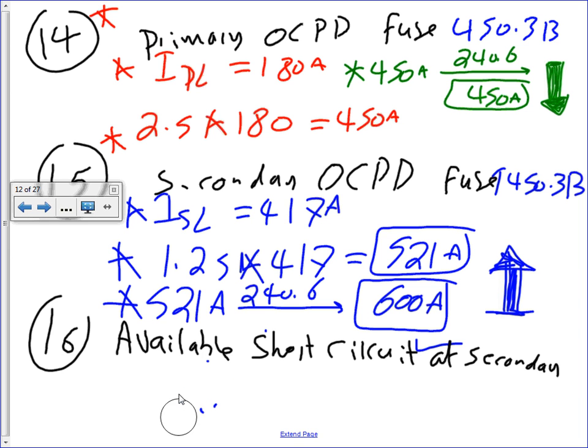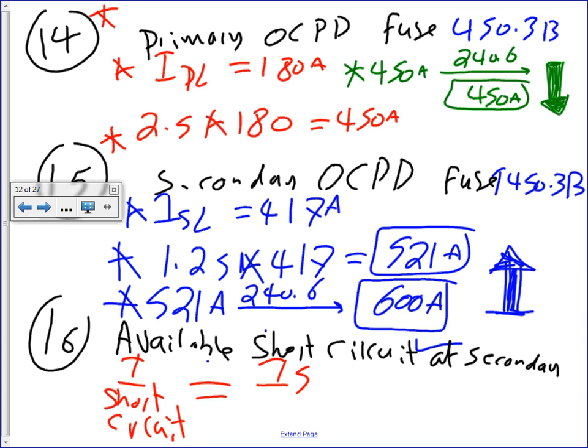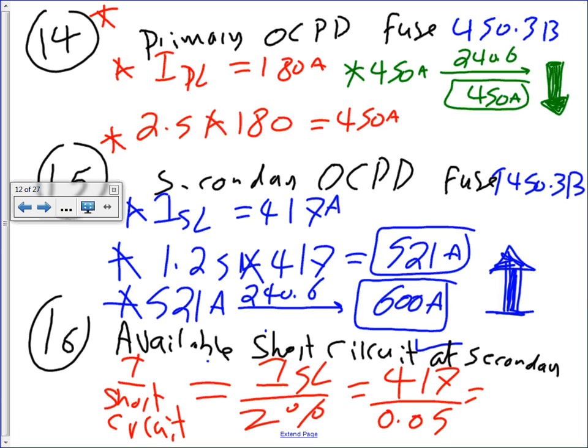is short circuit. The available short circuit, and I want you guys to write it this way: I short circuit, which is right here, equals I secondary line over Z impedance. And do me a favor, what was the secondary line? 417, divided by what was the impedance of that boy? Was it 0.05? Which is 5%. And that will give me a healthy